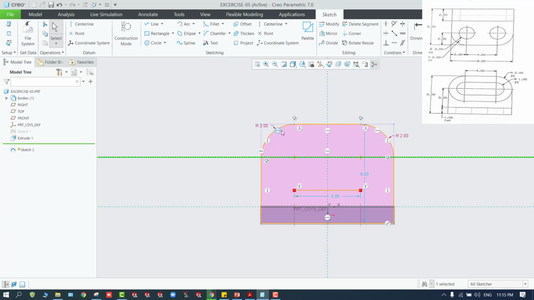You can even hold the control and you can do it. So I'll hold the control like this to mirror about this. Okay,